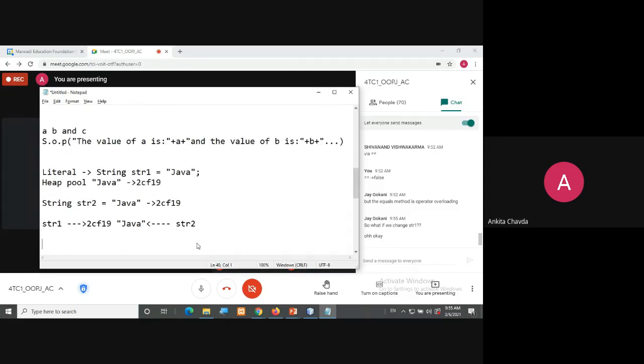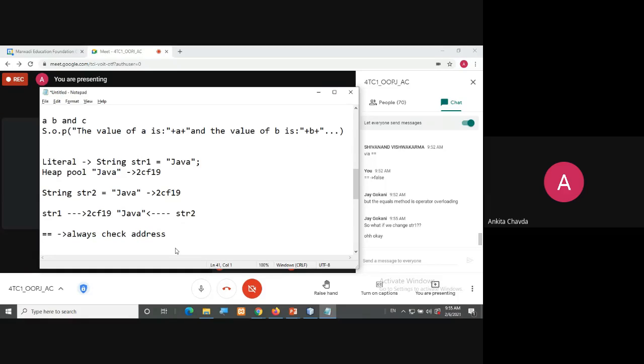Whenever you are using equals to, it will always check the address. I hope this thing is clear. Whenever we are taking literals, at that time it will check the address.